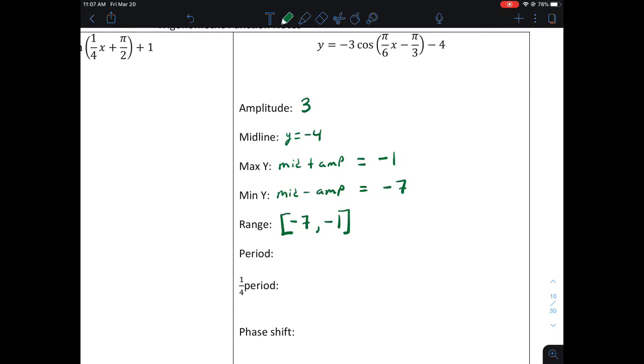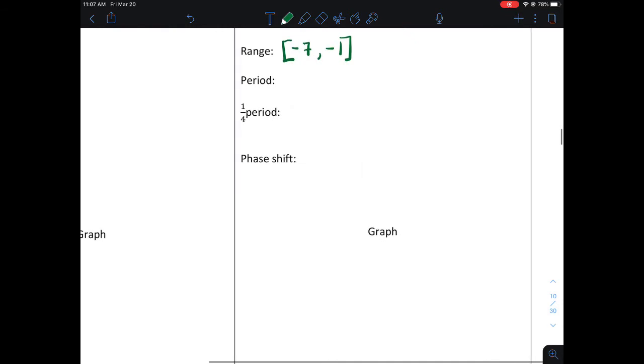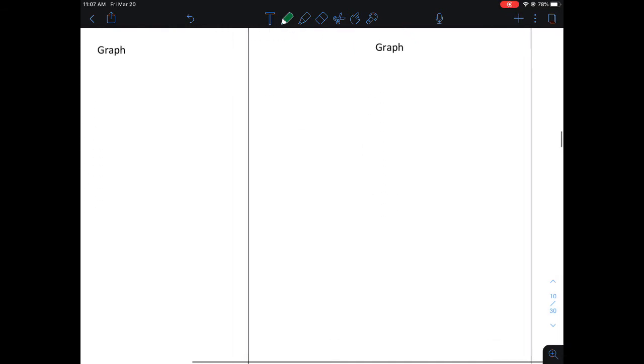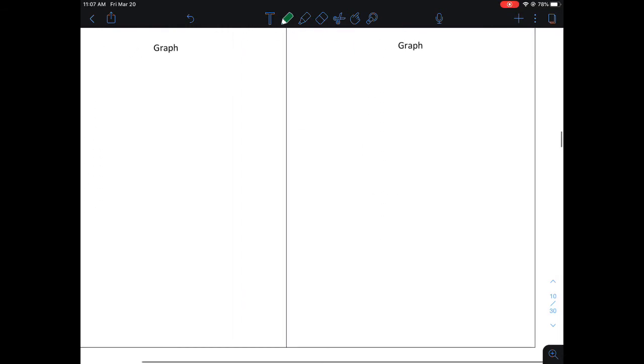I have the vertical scale for this cosine function. So I'm going to go ahead and make that. So my vertical scale here goes from -7 to -1. And we have a midline at -4. So from here, we're going to now make